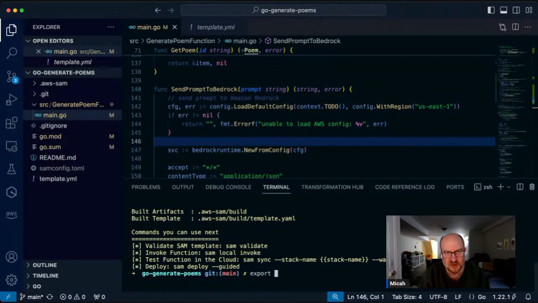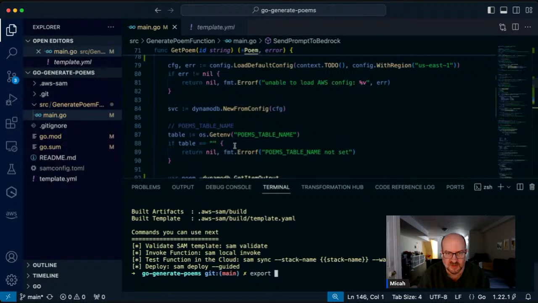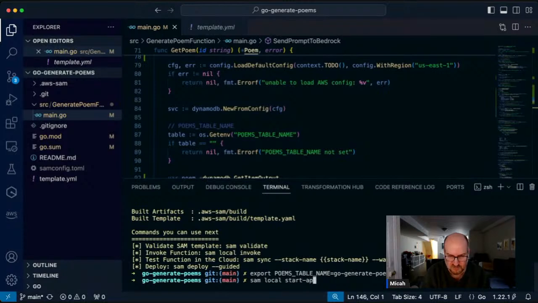Export, what did we call it? Poems table name. Oops, poems table name equals, I have to grab this from DynamoDB. Okay. There it is. Okay, now we can do SAM local start API.